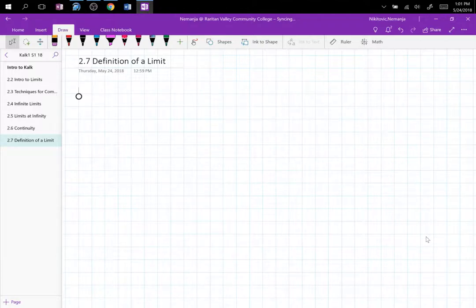So definition of the limit, you need to know the statement, and you need to know what the statement means, because clearly this is what we've been using. So here it goes. Assume